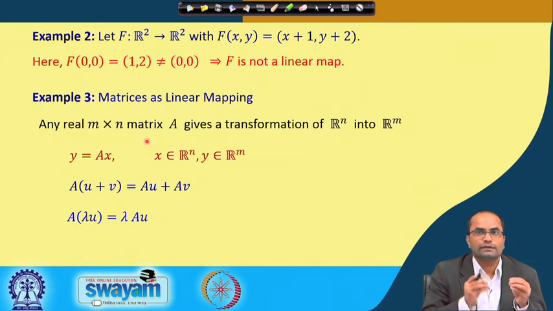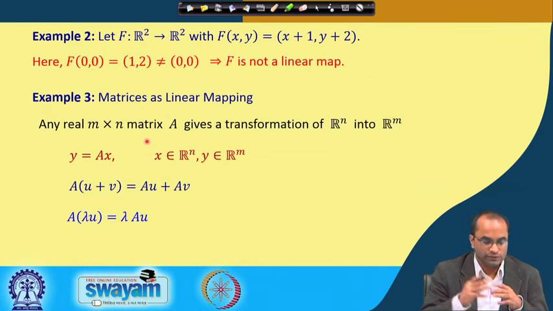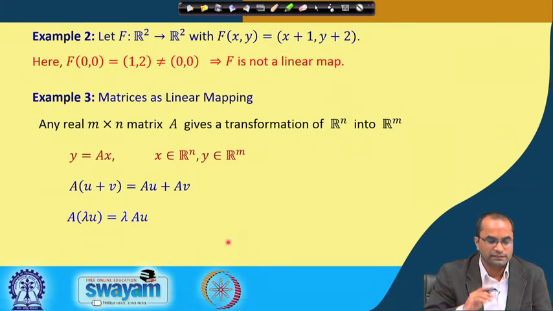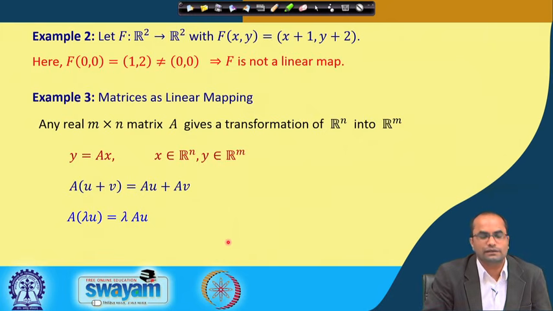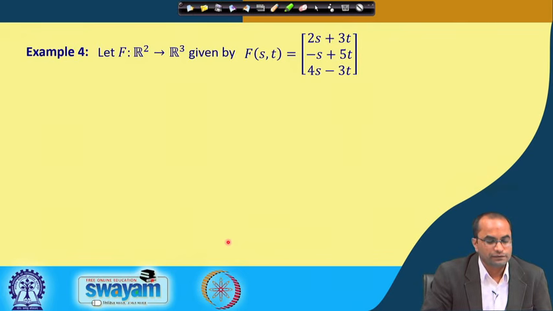Then it maps an element from R^n to an element in R^m. So, this is another important point which we will be exploring further in this lecture, that these matrices are nothing but linear maps. So, the example here, for instance, we see this f which maps R^2 to R^3